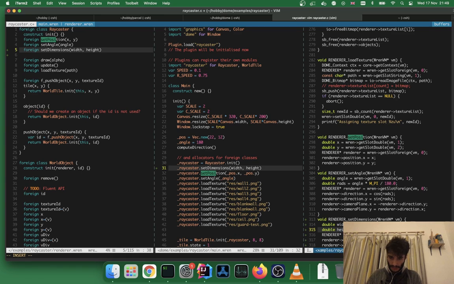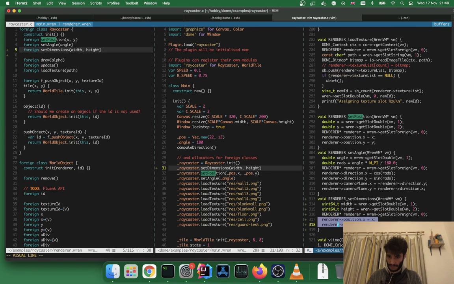Width, height, and uint64_t's, please. And then